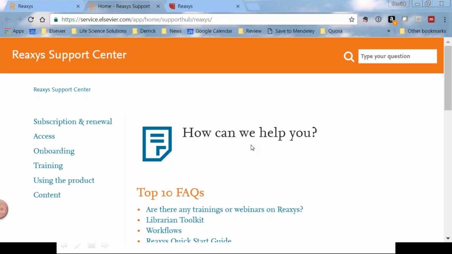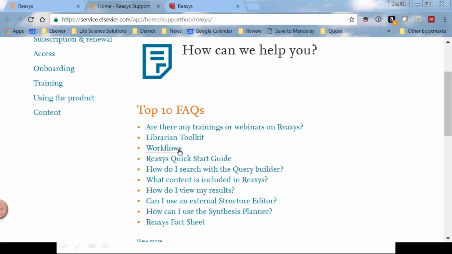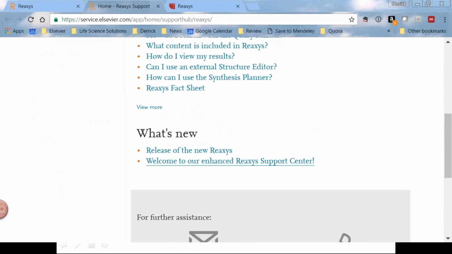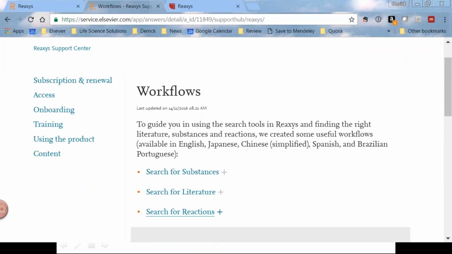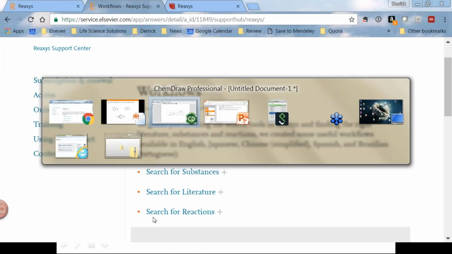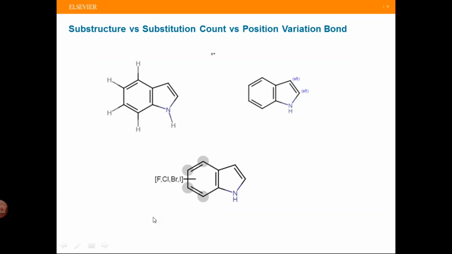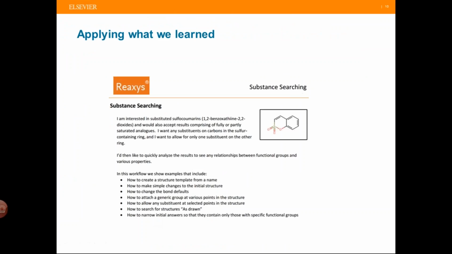It's going to bring us to the Reaxys support, and you're going to see workflows here. The one workflow that we're going to apply is a search for substances, search for reactions, when you're getting started. One of the things that we're going to go over right now in our presentation is a workflow, applying what we've learned. We're interested in a substituted sulfocoumarin, and we'll walk you through this example